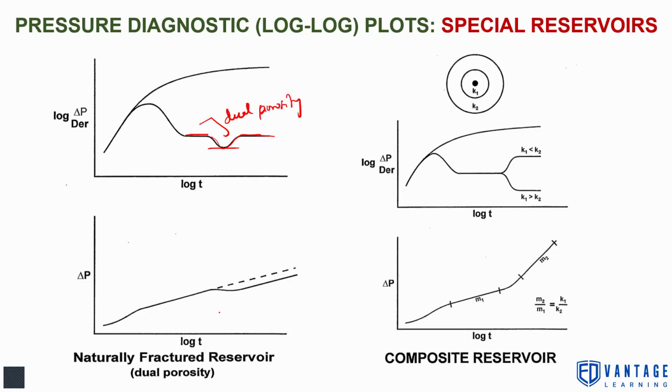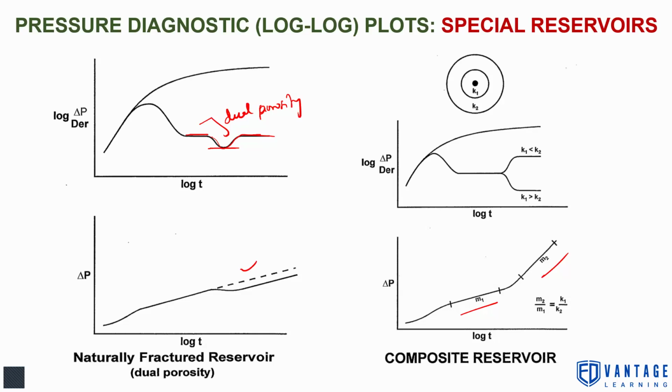And also when you have a naturally fractured reservoir, it is a dual porosity reservoir, because one is the existing porosity of the reservoir, or the existing matrix permeability. Second is fracture permeability. So we have two distinctive slopes in the composite reservoir, slope 1 and slope 2